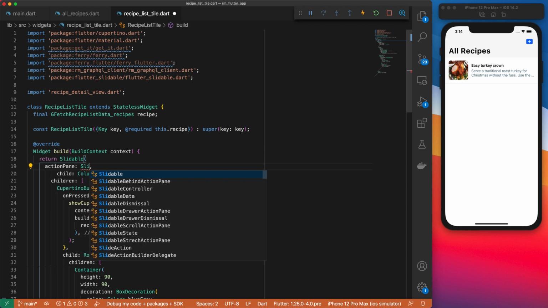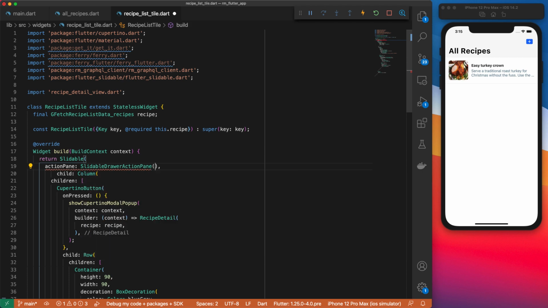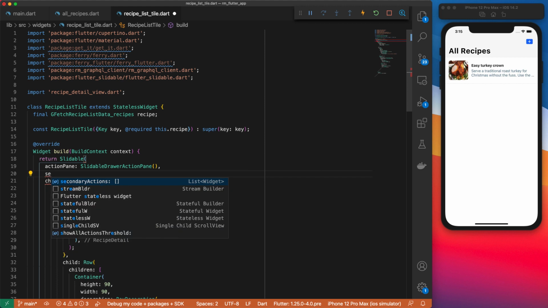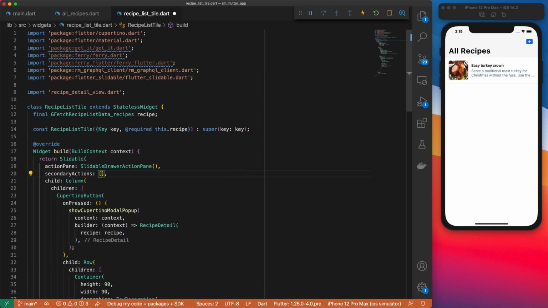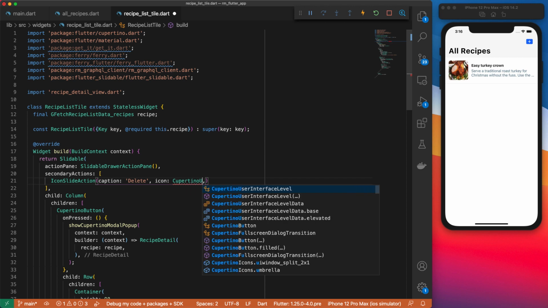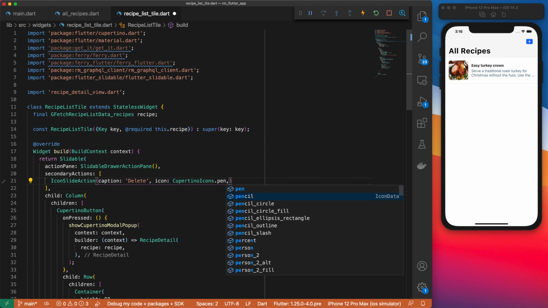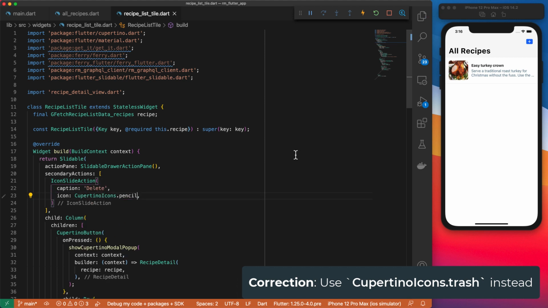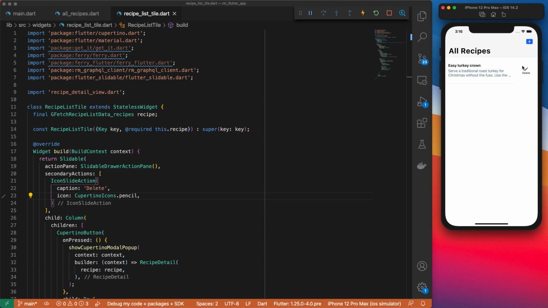So it's a slidable drawer action pane, and we need to define a secondary action. This is the button that appears behind the slidable, and here we want an icon slide action. The caption will be delete. The icon will be from our Cupertino icon set, and then we want the pencil icon. So right now if I go here, I should be able to slide it like so, and we see the delete icon action. Let's set the color,